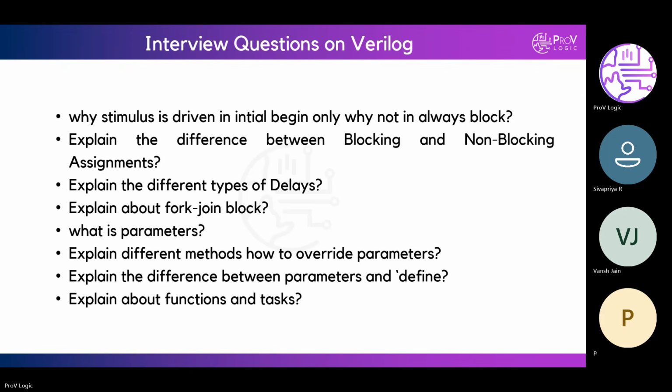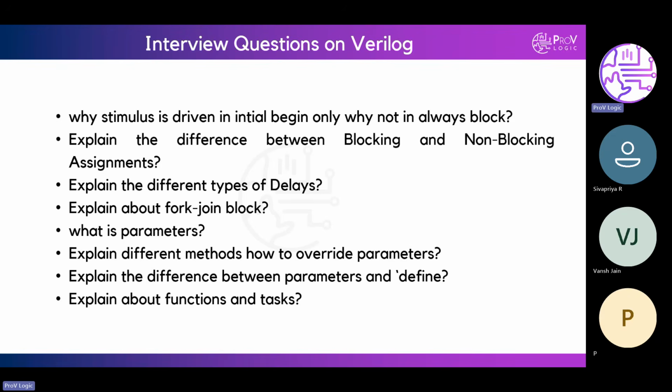Can you repeat it once? In non-blocking, the RHS side of the assignment is scheduled, so it is not immediately updated. After the release only it will be updated.